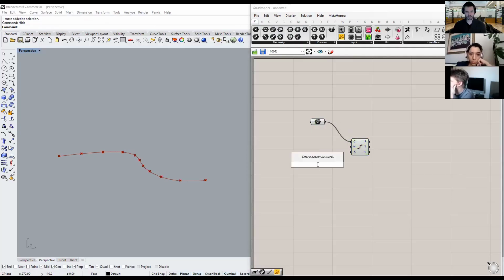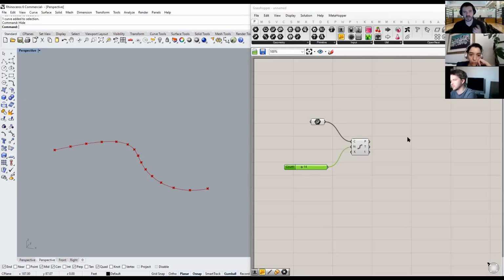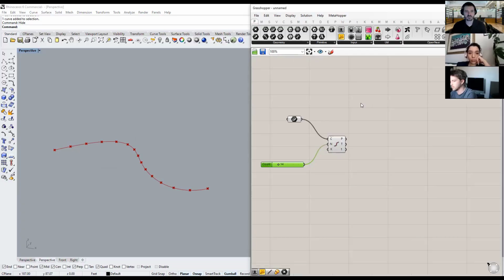And we'll do just a 20. I like that. So remember, this gives us points, and they're more or less evenly divided along that curve. Remember, once we have points, we can distribute things. This goes back to the last thing we had. So if I was to do, let's say, our old friend the cylinder,